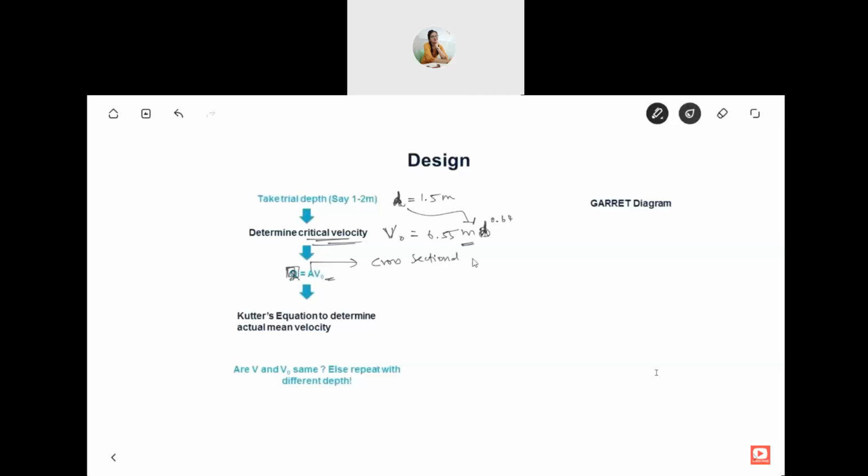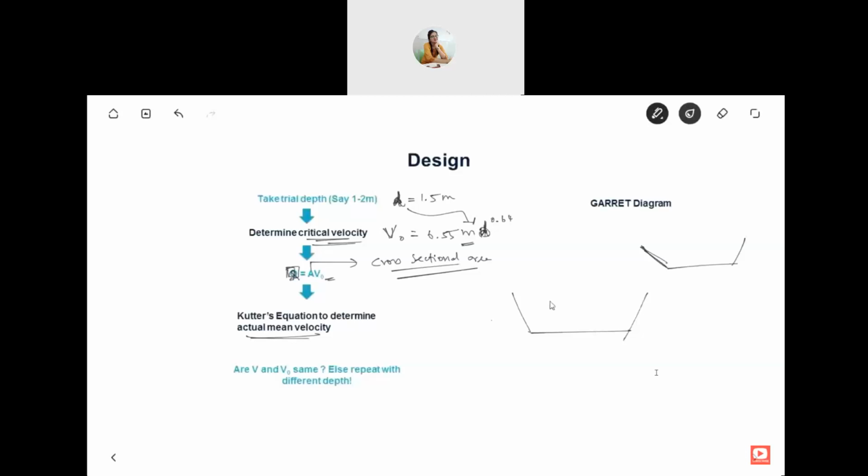Again, one more drawback in this, you have to assume the slope later on. So you just find out the cross-sectional area for now, and later you decide the slope, etc. accordingly. So now you have got the cross-sectional area. So you should determine the actual velocity for this cross-sectional area and depth. So this actual mean velocity you will measure. Actual mean velocity is nothing but